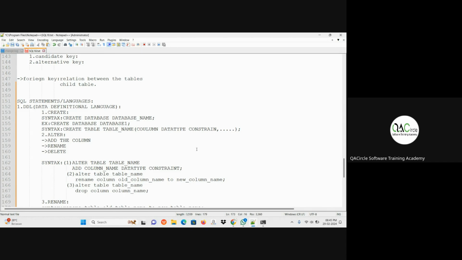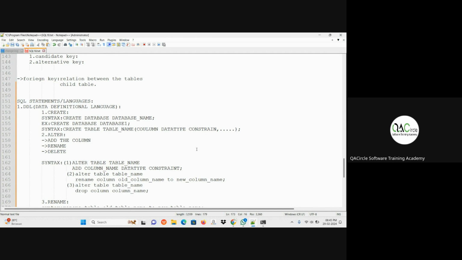Next point, under the primary key constraint, it won't accept null values.